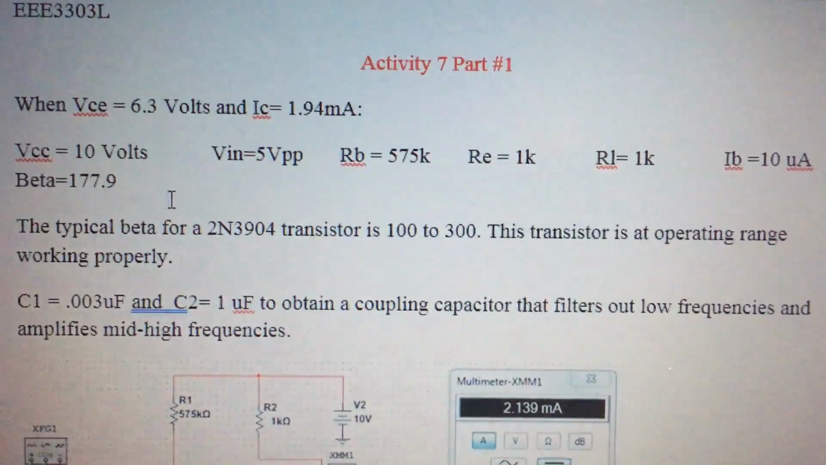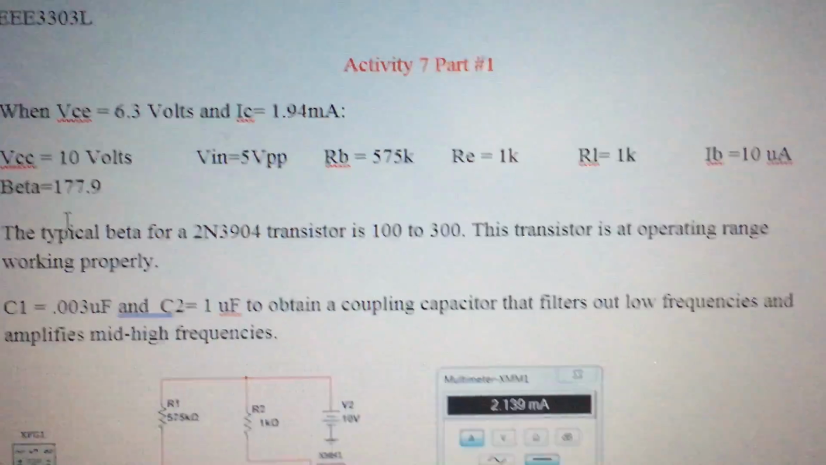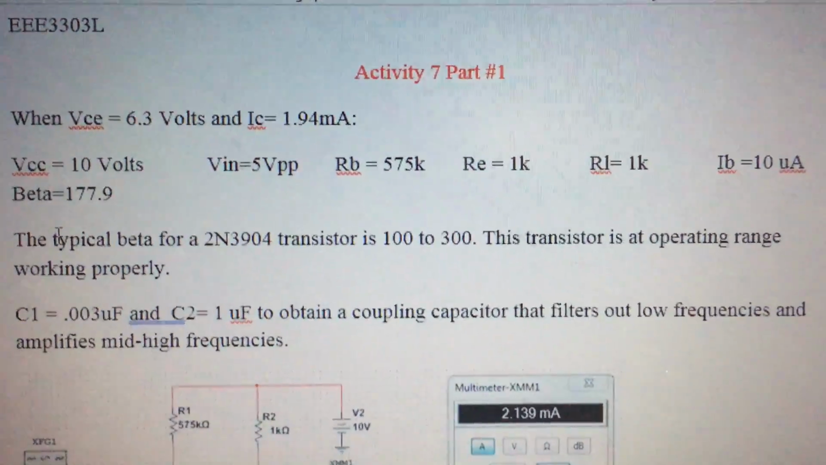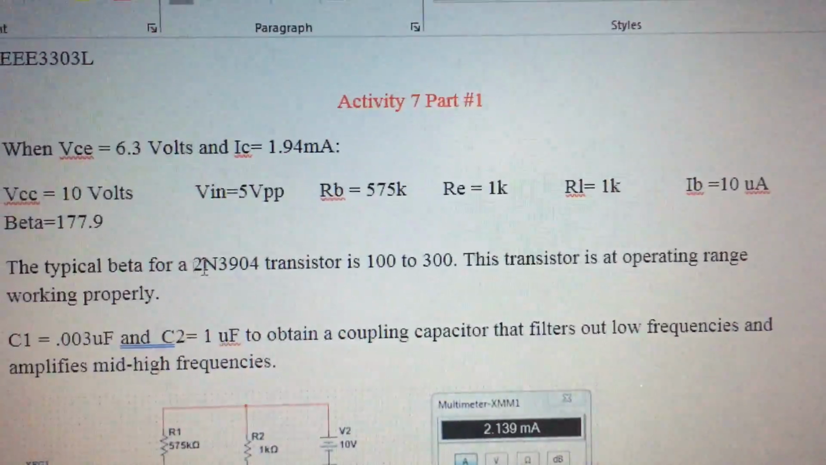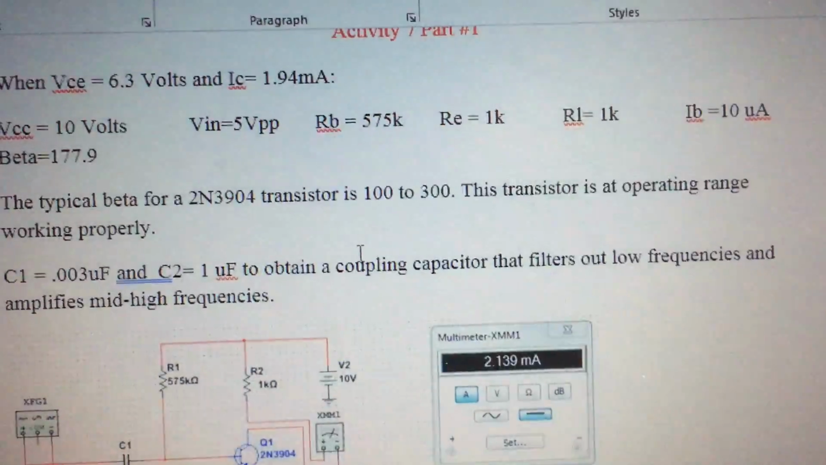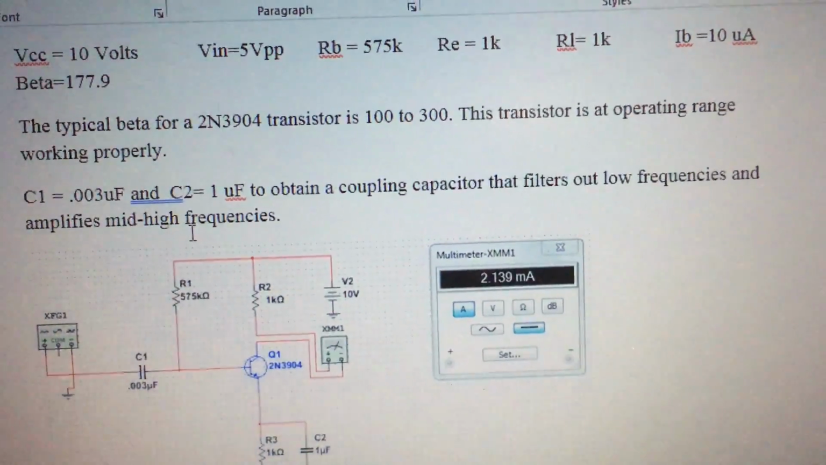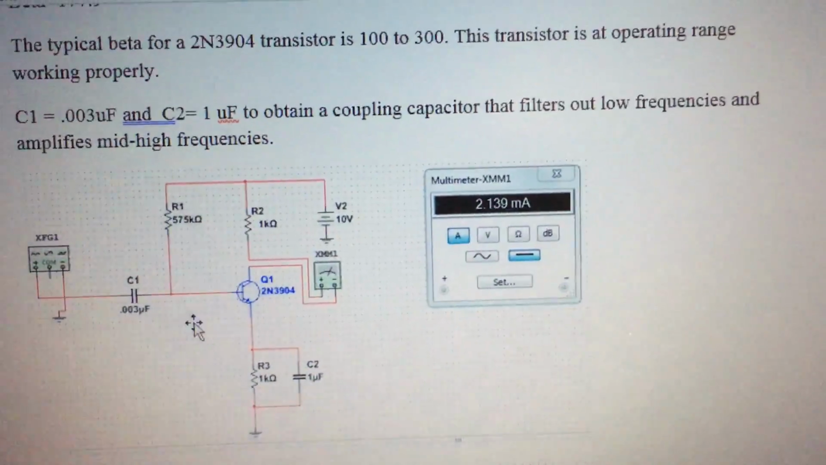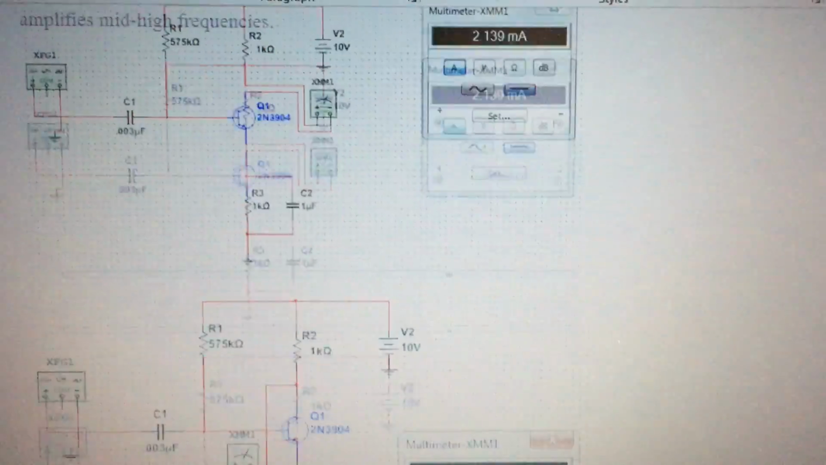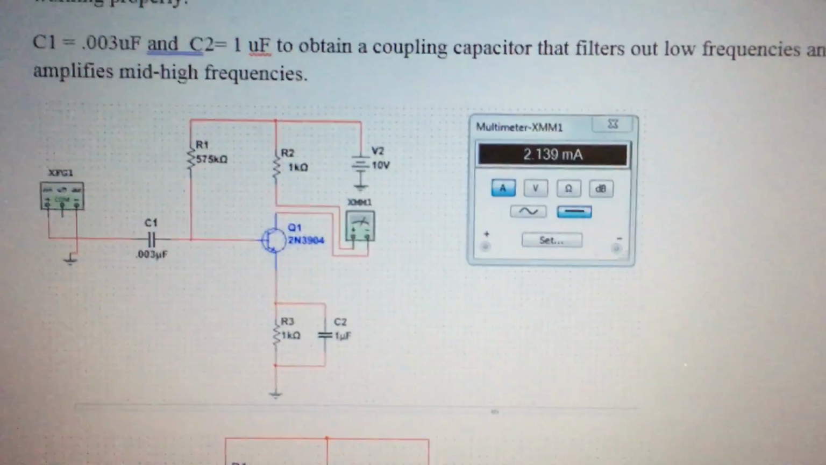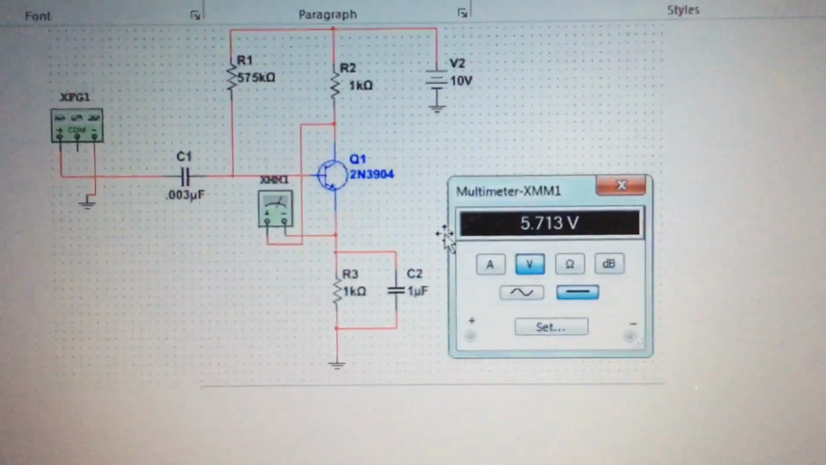So that leaves a beta of 177.9, which is in the operating range of the transistor. The typical beta for a 2N3904 transistor, which is used for the whole experiment, is 100 to 300. So it's in good operating range. Capacitor 1 was 0.003 microfarads. Capacitor 2 was 1 microfarad, a coupling capacitor that filters out the low frequencies and amplifies the mid to high frequencies. Here is the Multisim result, and we get a current of 2.139 milliamps at the collector,